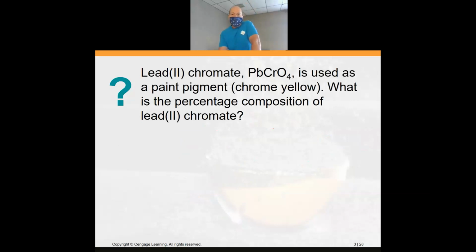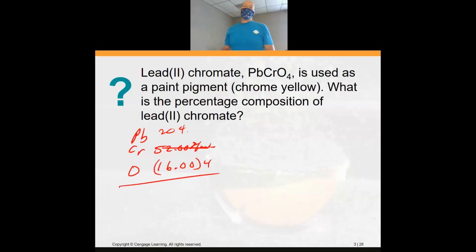All right, percent composition. So we're going to have lead off the periodic table. We're going to have chromium. We just did that one, 52.00 grams per mole. Lead is 204 point something. Oxygen is 16.00 times 4. And what we're going to do is we're going to get our molar mass. And now to get the percent composition,